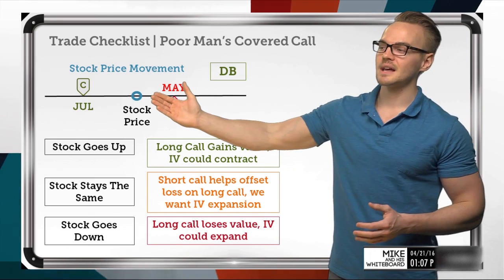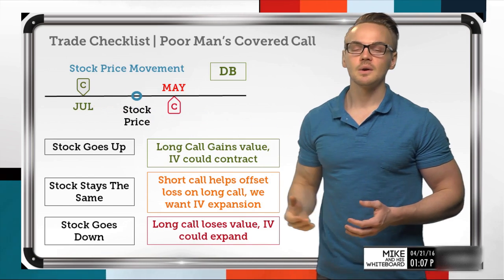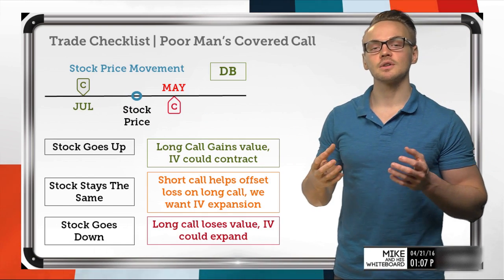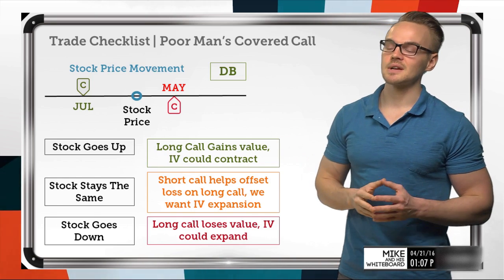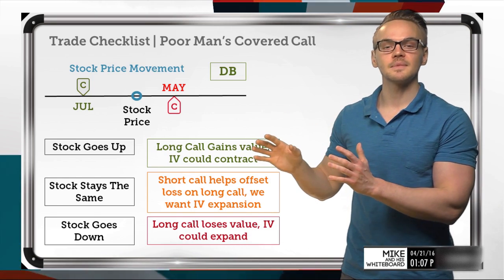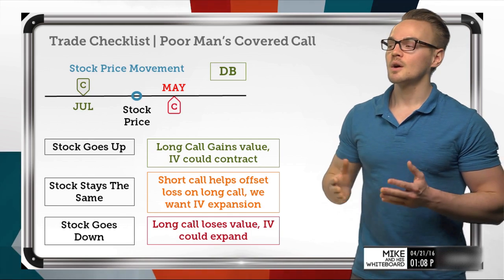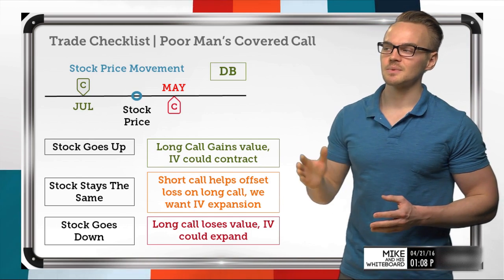So if we realize that when a stock price tends to drop, we usually see implied volatility increase, that's going to help us hedge our losses. So just like when the stock price goes up and we won't see that expansion in profit just like we would for maybe a poor man's covered put,